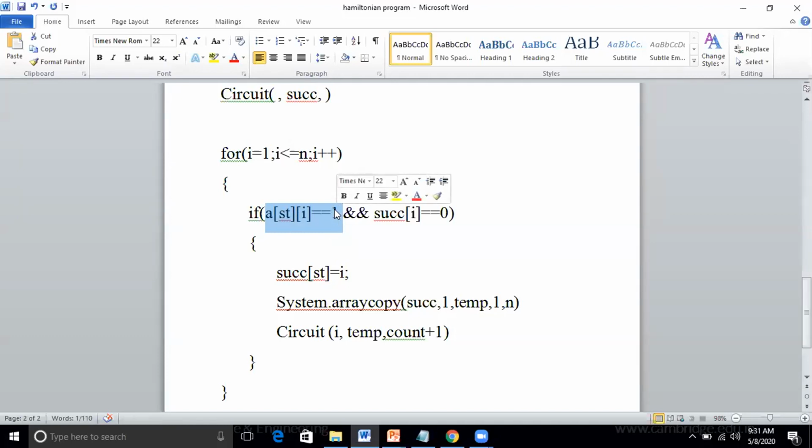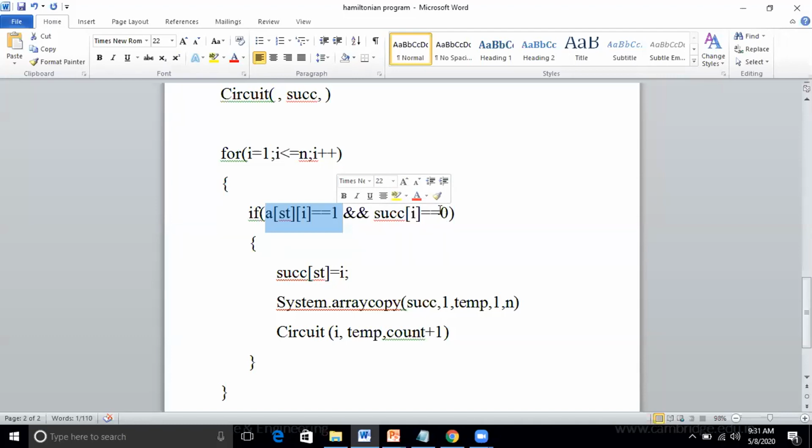Then only I can go to that city. And that i node should be an unvisited node, so successor of i should be equal to 0. If it is 0, then I'll know that it is not visited.